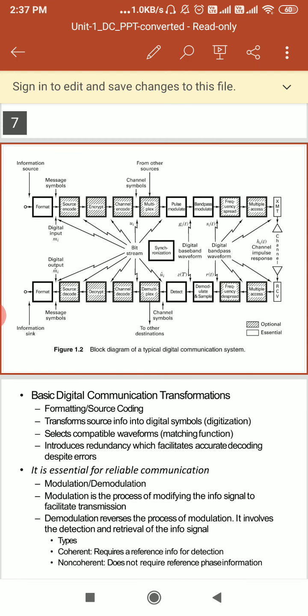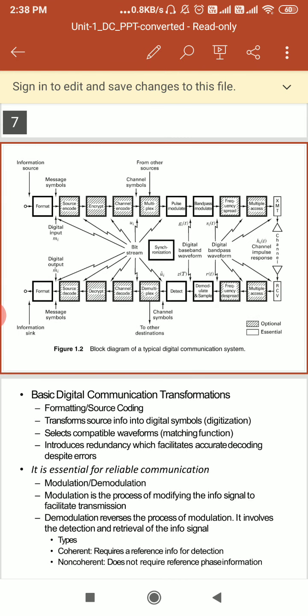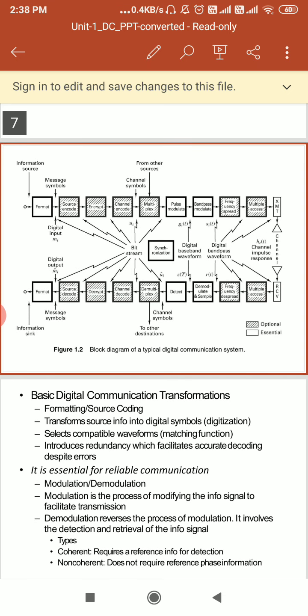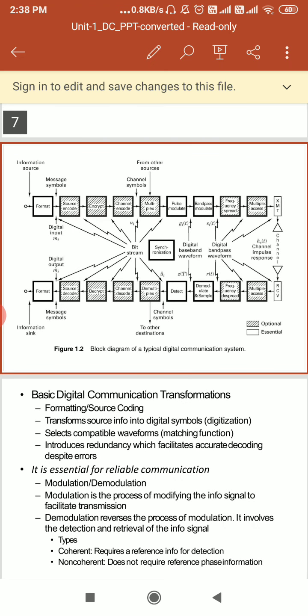So here we use the detector, and we require a filter to eliminate that noise. Here we are dealing with a signal whose spectrum extends from DC to a few megahertz. Such a signal is called a baseband signal, and multiplexing, demultiplexing, line coding, and synchronization are aspects of baseband transmission used in the block diagram of a typical digital communication system.